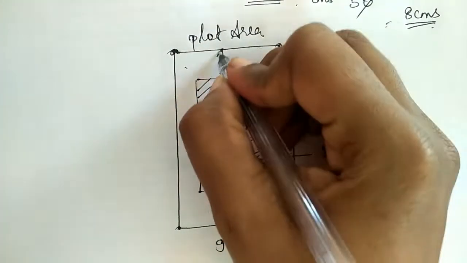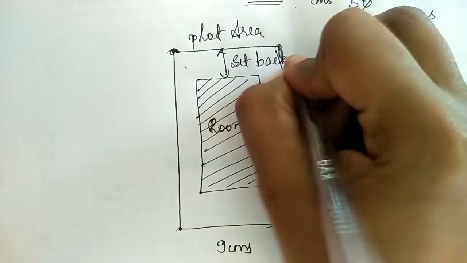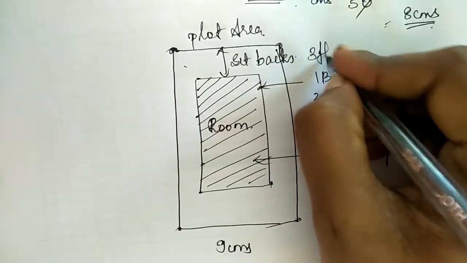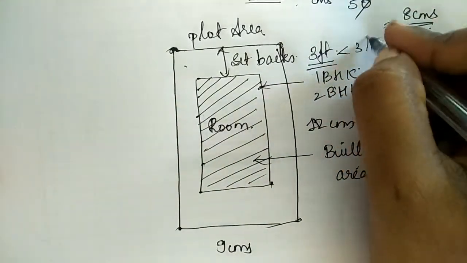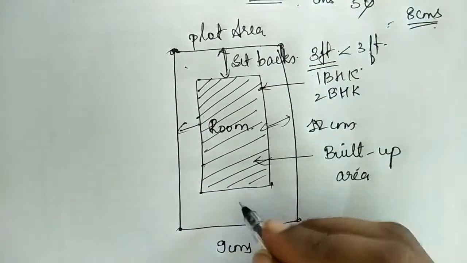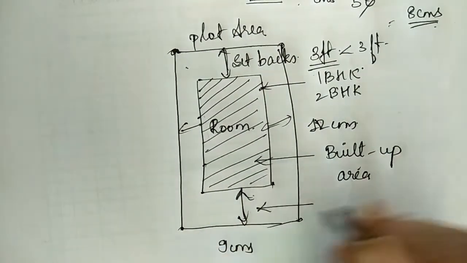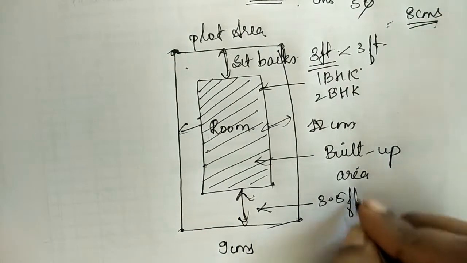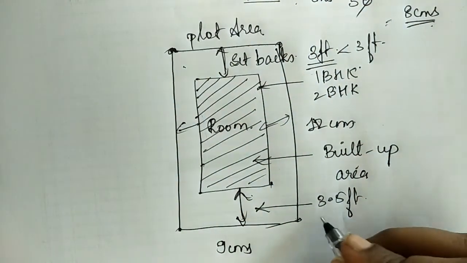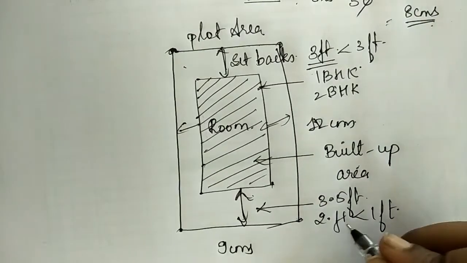And at the sides we have already discussed setbacks and building bylaws. So I have already told you what the limits should be. Usually setbacks of 3 meters, 3 feet at least it should be, not less than 3 feet. तो आपका ये जो setbacks रहेगा वो at least 3 feet रहना चाहिए. Only at the starting where you have the entrance, there you can keep it as 3.5. But अगर आपका plot का size ही small है, then you can keep it as less also. You can keep it as 2 feet or maybe less than 2 feet.